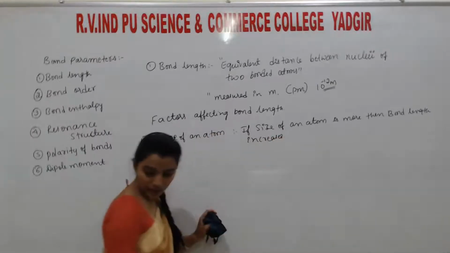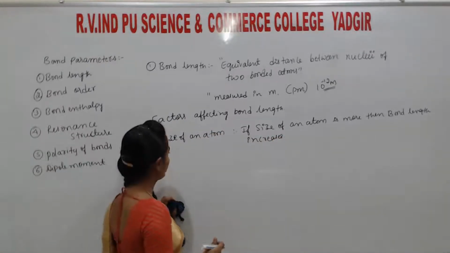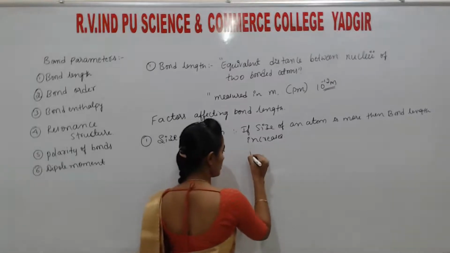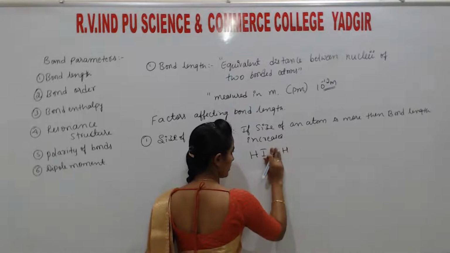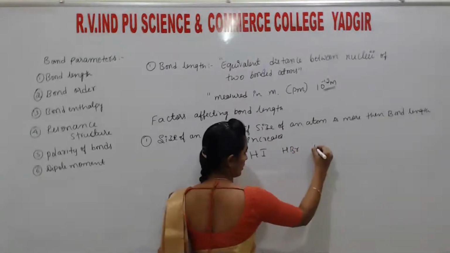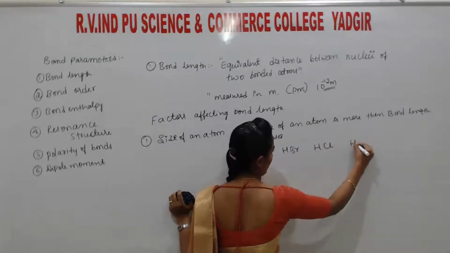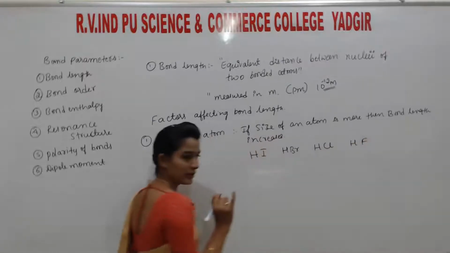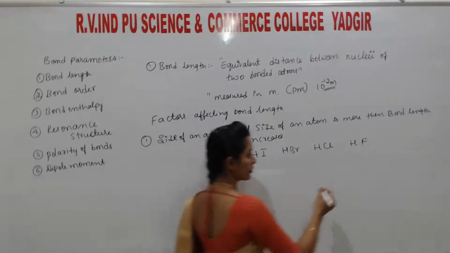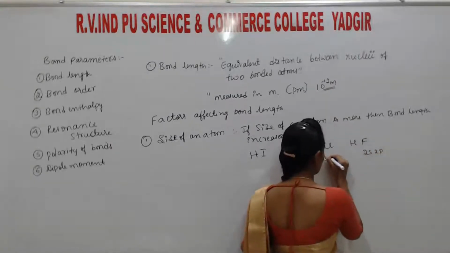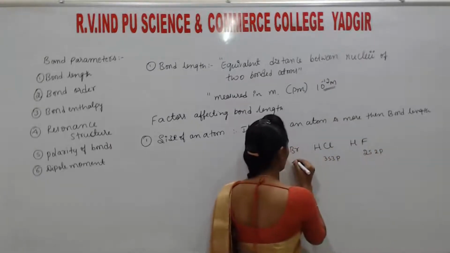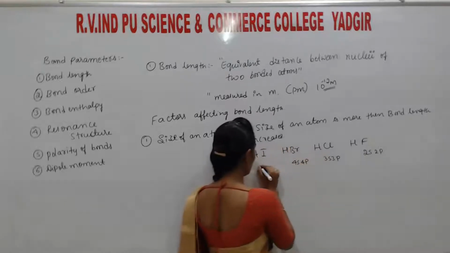So I'll take the example here, that is HI, HBr, HCl and HF. So listen, here of course the valence shells, I shall write 2s 2p, this is 3s 3p, 4s 4p,